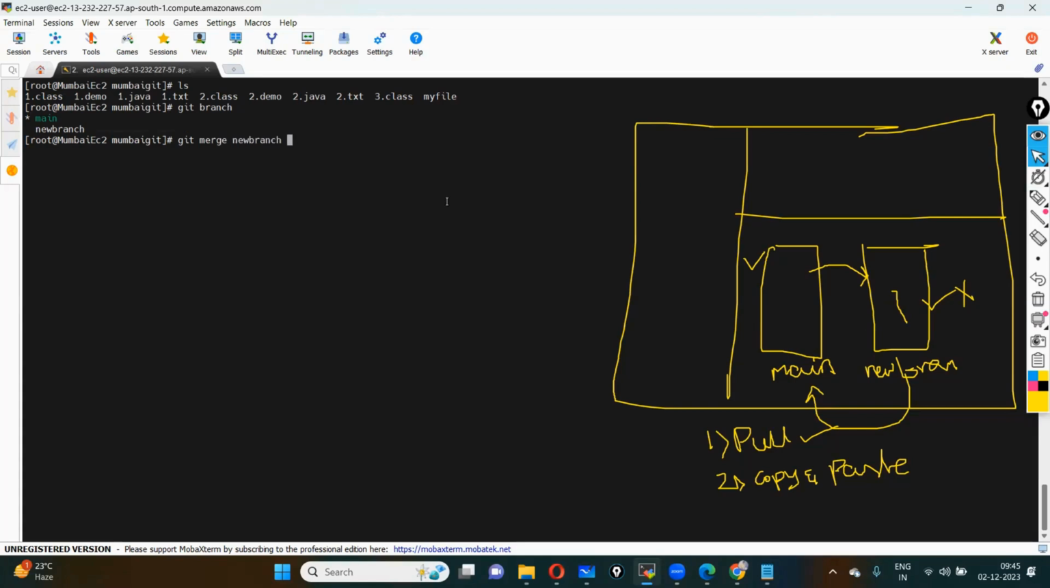New branch. Just specify the branch name. That's it. See, it has been merged. Whatever the files are there in new branch, those changes have been merged into this main branch. Okay, so here, if I do ls, I should be able to see this Hari file and Raj file now